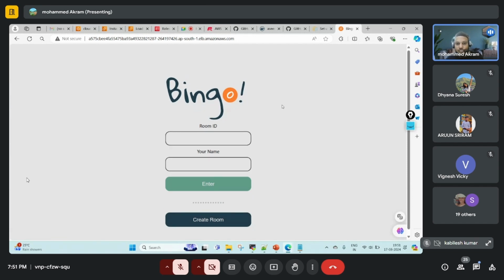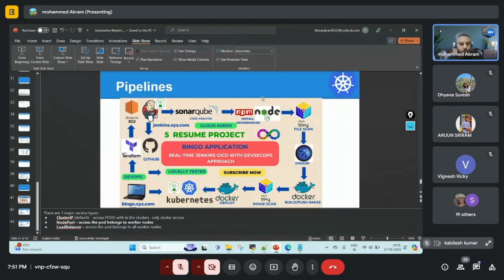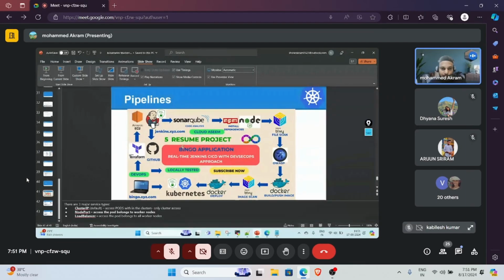access. Now this application, if you're referring to that, what kind of application is that? So this I already have on my YouTube channel. If you check, there is one complete tutorial on what this Bingo application actually is, how you can test it locally, and how you integrate it with multiple DevOps tools, to check whether my application code is passing the quality gate or not. The application is written in Node.js, as I mentioned,